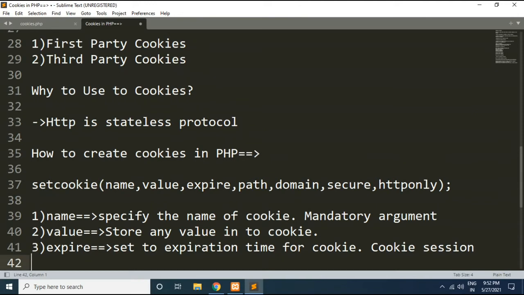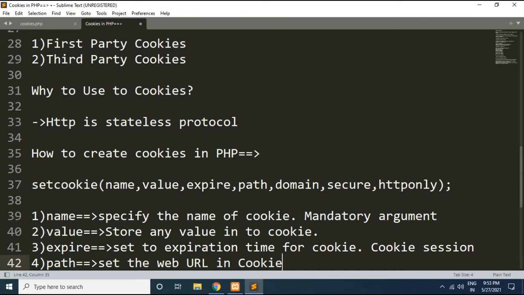Then the fourth argument we have is path. Friends, this argument is used for setting the web URL for the cookie. If you set the path value, then this cookie will be accessible only by the specified URL. No other URL can access the value of the cookie.